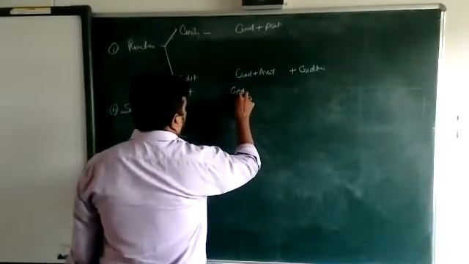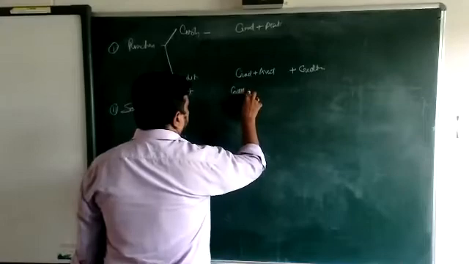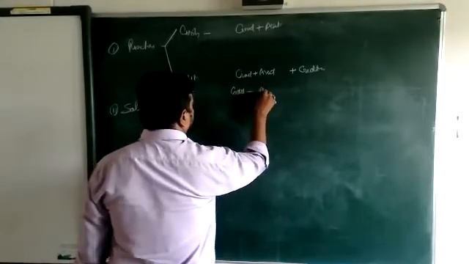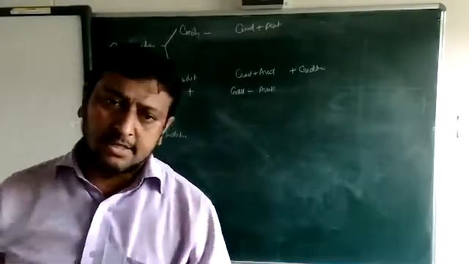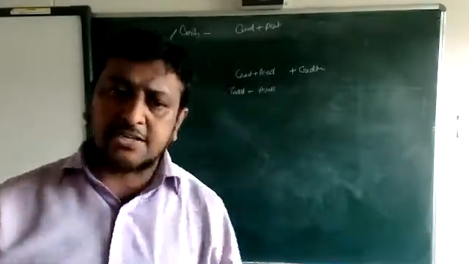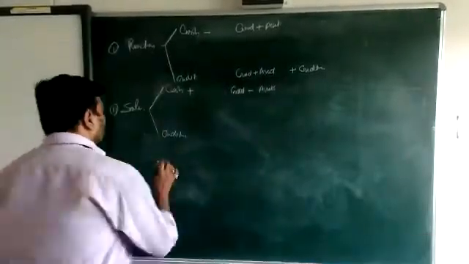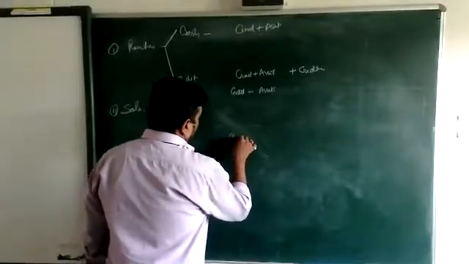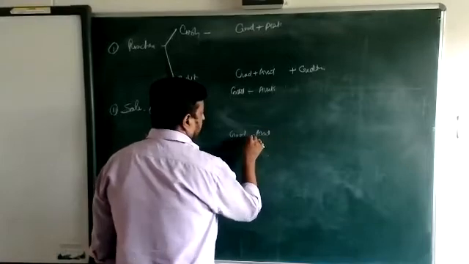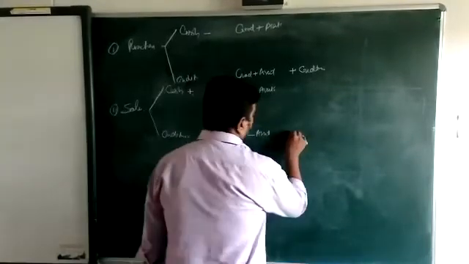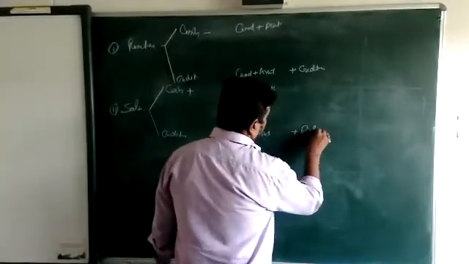and goods and assets will be less. You are just selling your goods and assets. That will be less and your cash will increase. On credit, again goods and assets less, but debtor increases.